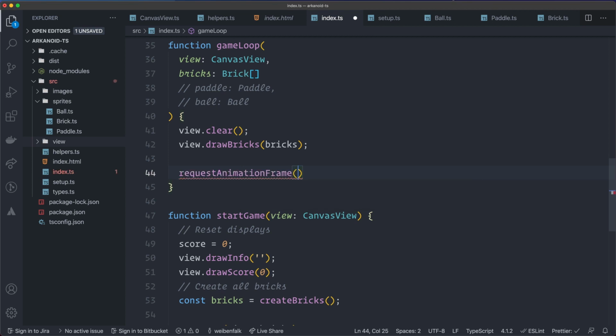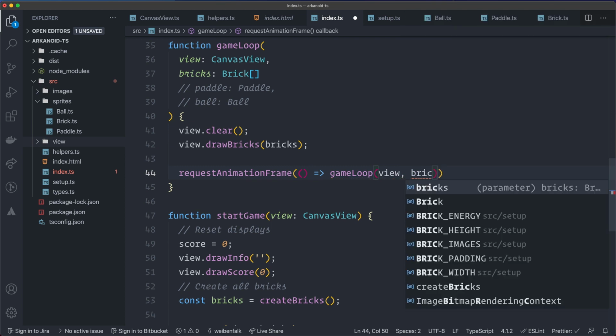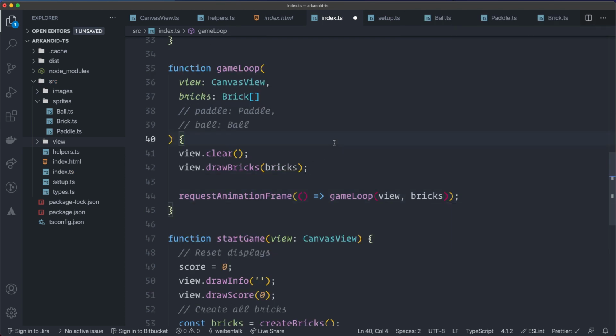So instead of setting an interval, I'm using request animation frame to make sure that we don't do any renders that's unnecessary. And request animation frame requires a function. And we're going to call our game loop again and give it the view and the bricks. So this will keep a loop forever and forever until we break it. Save,